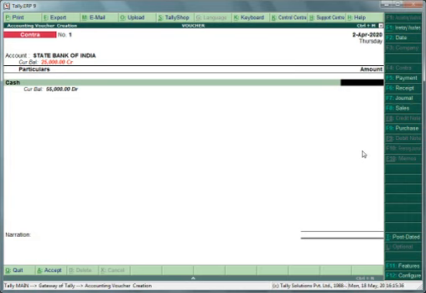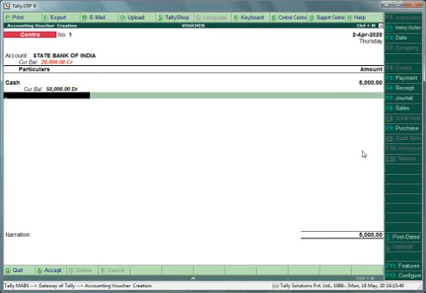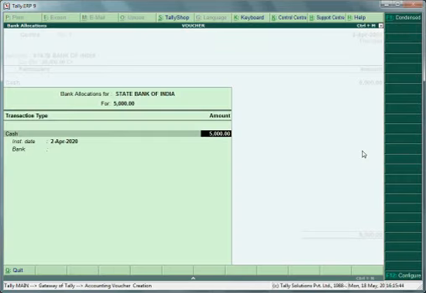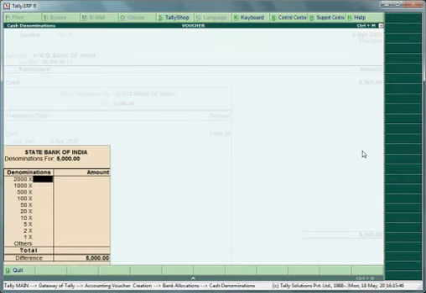Put the amount in the amount column, suppose 5,000, and press enter and then fill the bank details. Suppose State Bank of India, we deposited cash. Here are the denominations. So this is the note amount, and here we have to put the number of notes.